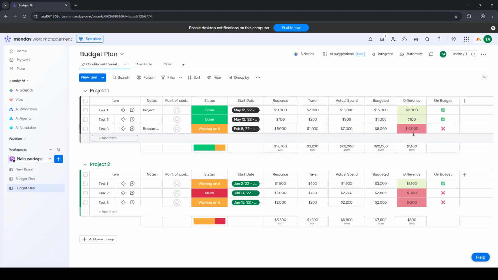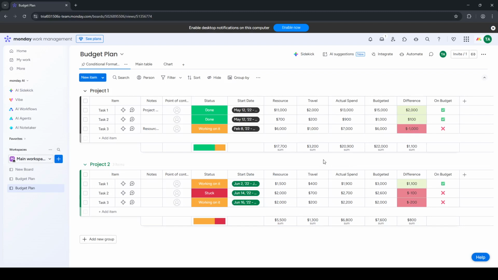A few quick tips to keep everything running smoothly. Set a regular update rhythm, daily for fast-moving teams or weekly for steady operations, so your actuals stay accurate. Use clear category names and notes on big line items to make reviews faster. If multiple people contribute data, agree on a single source of truth and keep edits within the same board to avoid duplicates. That's it. With a new dashboard, Start with Template, Budget Plan, and Use